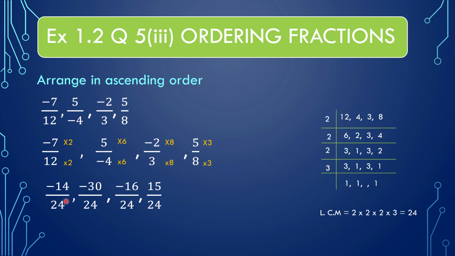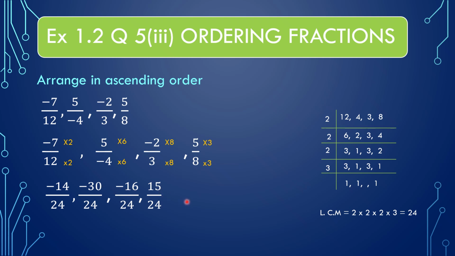It means these three are less than this positive integer. So this is the greatest one. So which is the smallest among them? Minus 14, minus 30, or minus 16? Yes, obviously minus 30 is the smallest. Then minus 16 is greater than that, and then minus 14 is again greater than both of these fractions, and